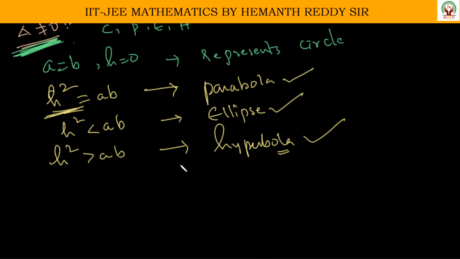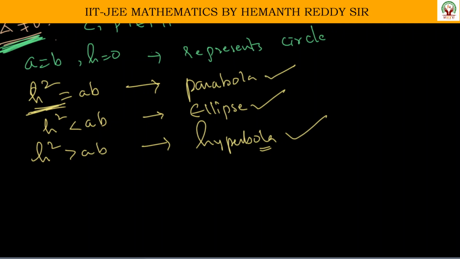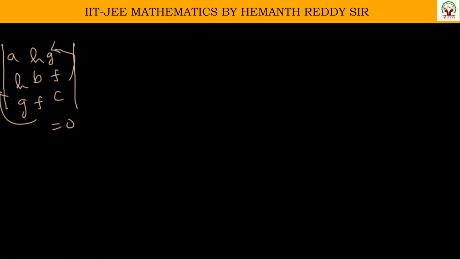Okay? One small question. Let's see your IQ. Circles are done, so I'll ask you a simple question here. This is classification based on delta. Given a general second degree equation, to decide whether it is a parabola, ellipse or hyperbola, you check in this way. I hope this is clear. I have a simple question for you. Let's see, try solving it.